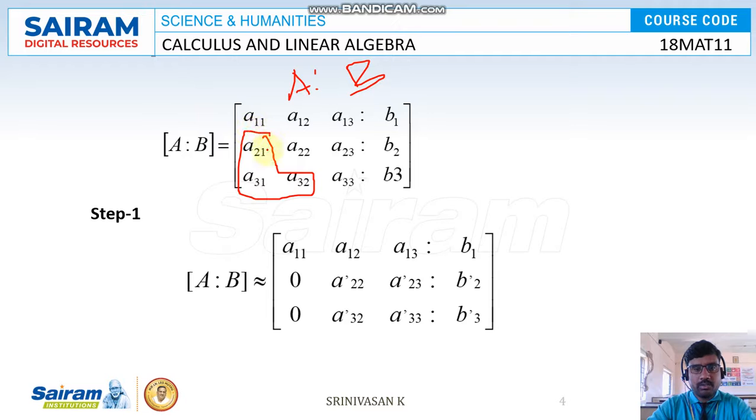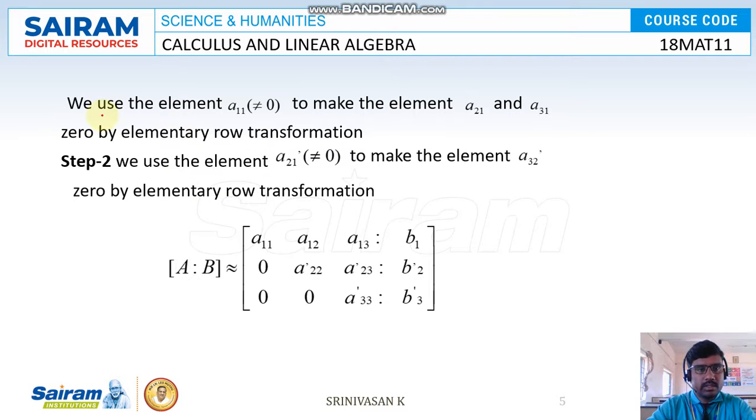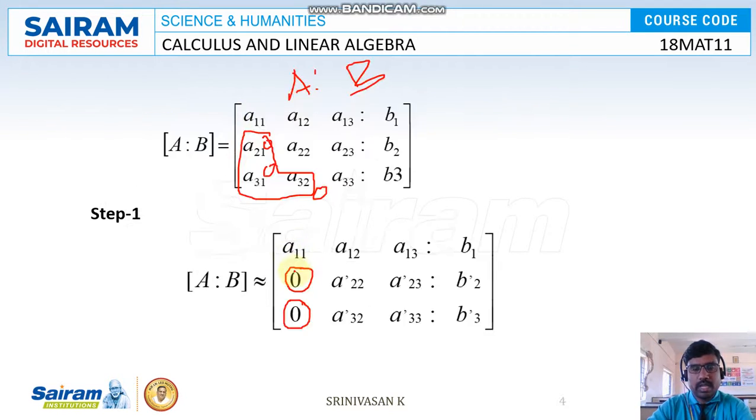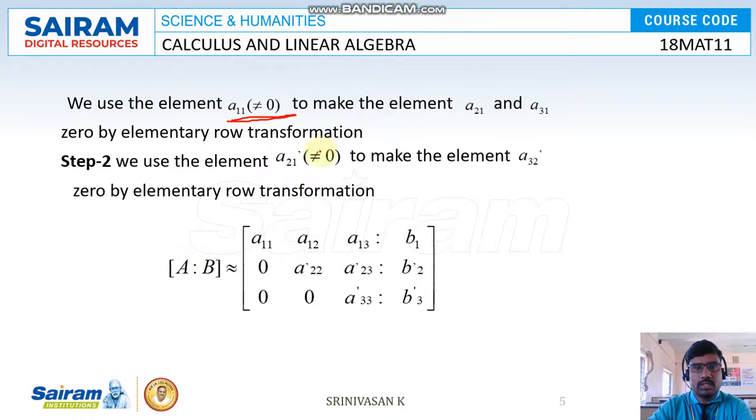That means we have to make zeros here, here, and here. Clearly, first we make this zero, that is step 1, and next we make this zero, that is step 2. We use the element a11 not equal to 0